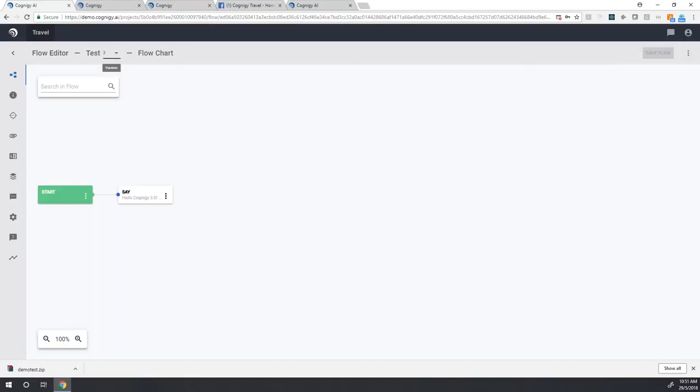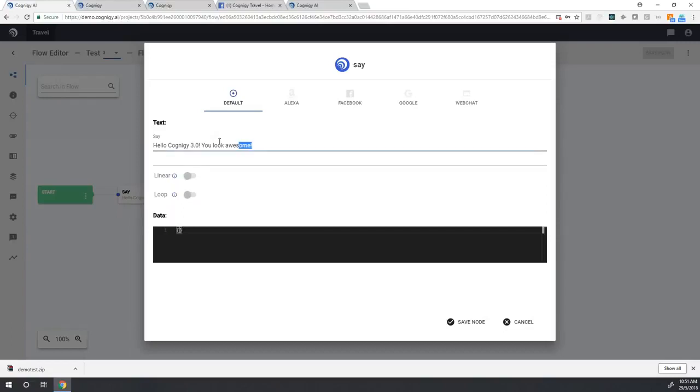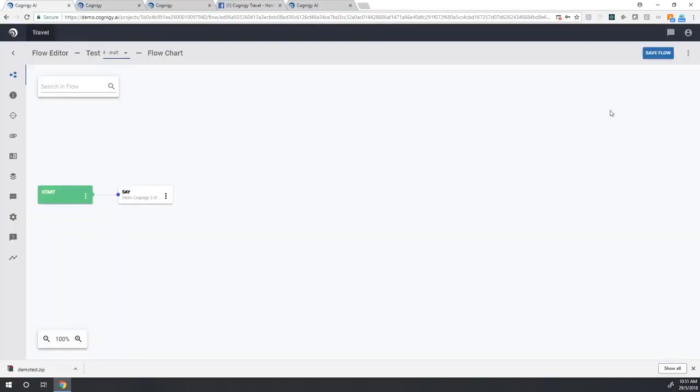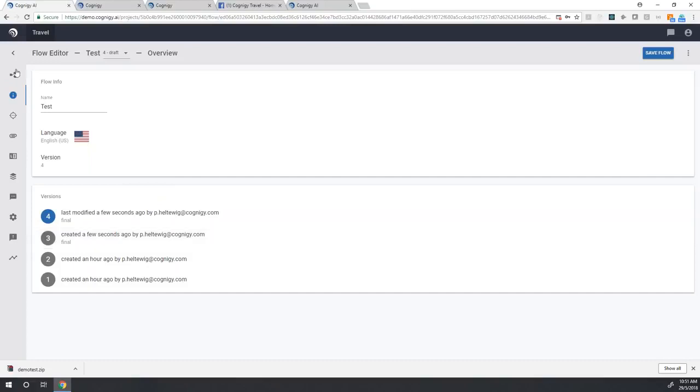and then now there's no draft, and if I change anything here again, then this is actually going to create a new version for me. So this is now version 4 draft. So we do have full versioning inside the tool to make sure that you don't override the existing versions and so on, and you can see the commit messages here and so on.